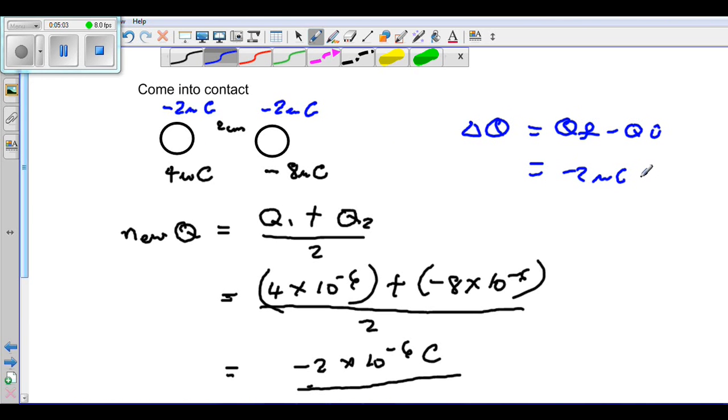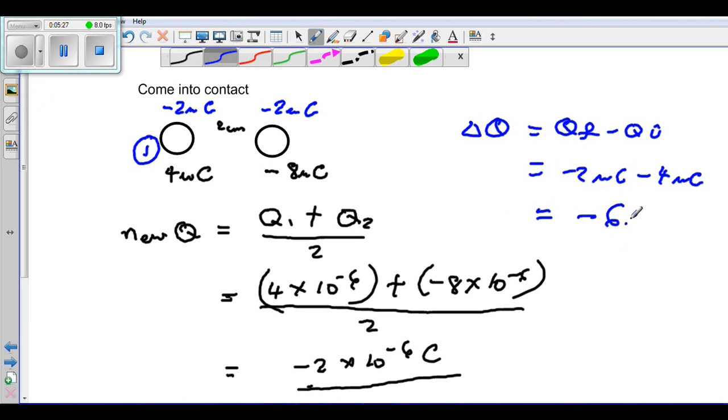I'm just going to leave it as microcoulombs. And for my initial charge, we can choose any one. Say we choose this one, that is our first charge of 4 microcoulombs. If we calculate it, it will be minus 2 minus 4 will give us